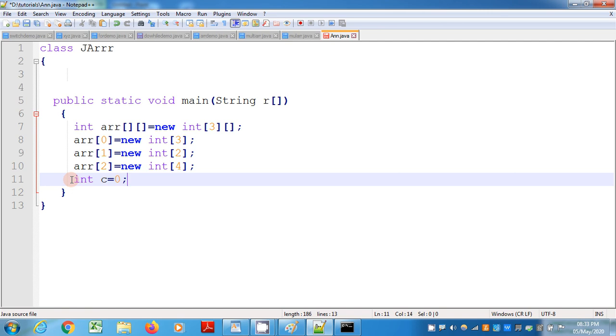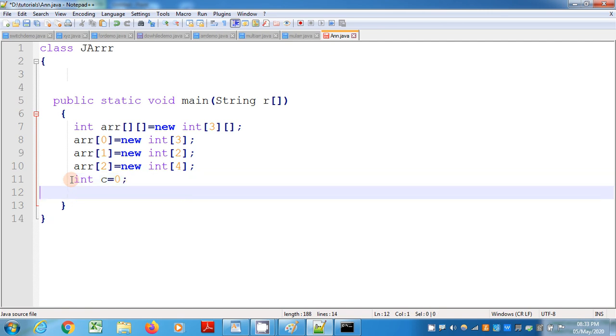So I'm taking a for loop: for int i is equal to 0, i less than arr dot length and i plus plus,